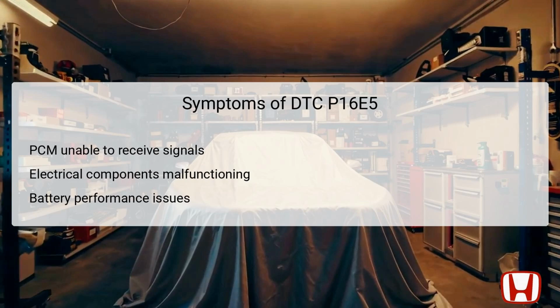The symptoms associated with the DTC P16E5 are indicative of broader electrical issues within the vehicle. Primarily, the PCM will likely show an inability to receive signals from the DC-DC converter, disrupting its normal operations. Such a failure can lead to multiple electrical components malfunctioning, as they may not receive the proper voltage levels for their operation. This might manifest as dashboard warning lights, erratic behavior from electrical accessories, or even startup problems related to